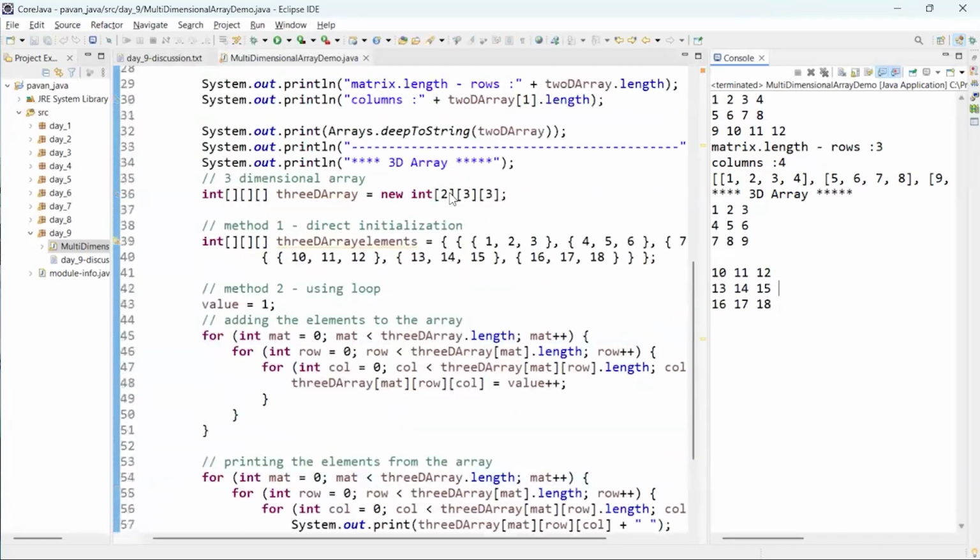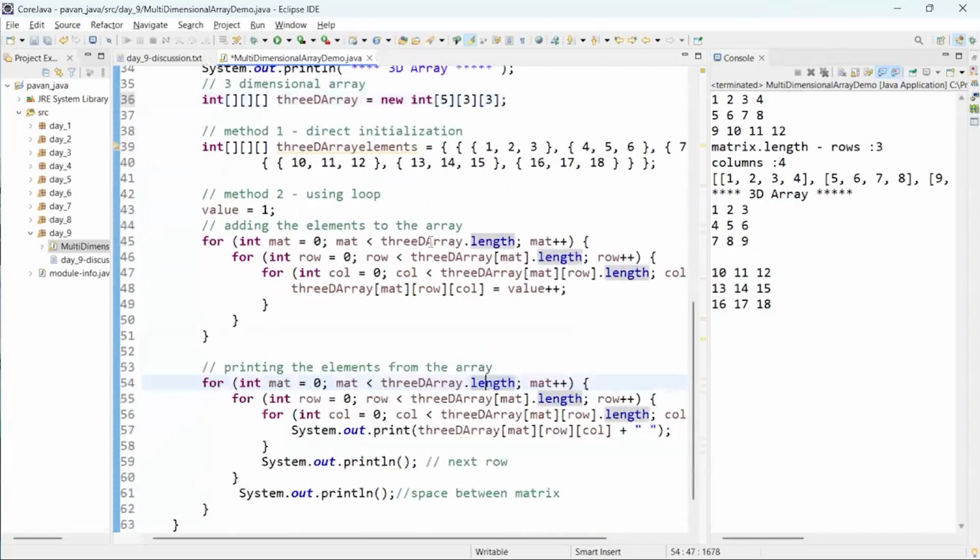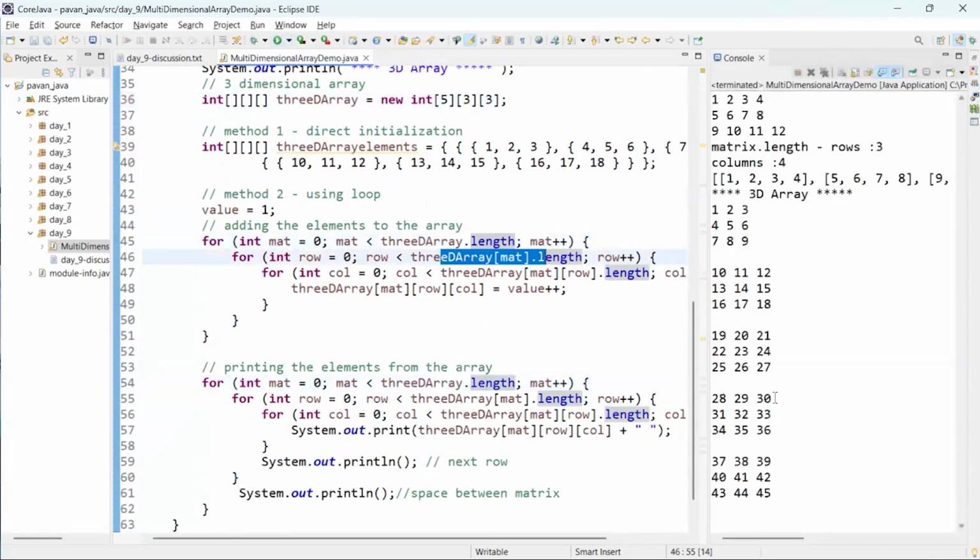Similarly, you can increase the numbers also. Let's say 5. It's okay, any number we can give. Here we are not providing hard-coded values, we have directly implemented it, right? So if we say a 5 matrix, see the difference. You can see 1, 2, 3, 4, 5. And if you give 4,